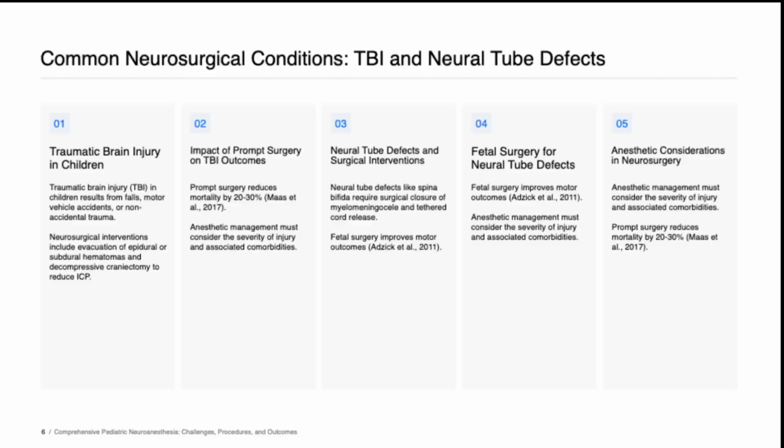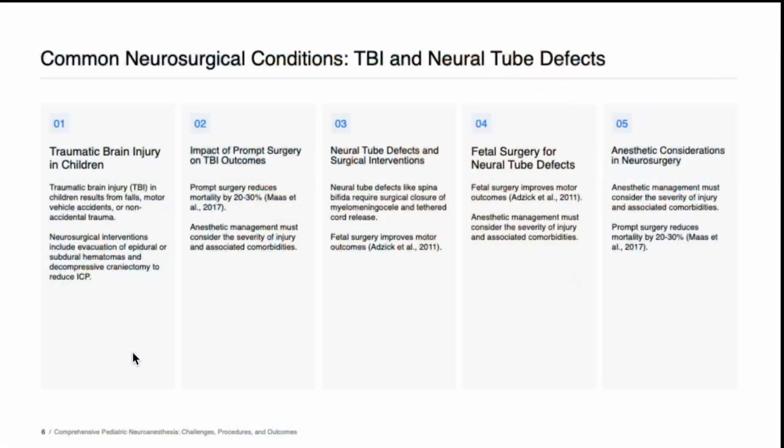And often interventions will include decompressive craniotomies and evacuation of subdural or subarachnoid hemorrhages, and procedures to reduce raised intracranial pressure. And essentially the most important things when it comes to traumatic brain injuries, when we discuss this in more detail in adults and we look at the Brain Trauma Foundation guidelines, what's critical is to maintain normal